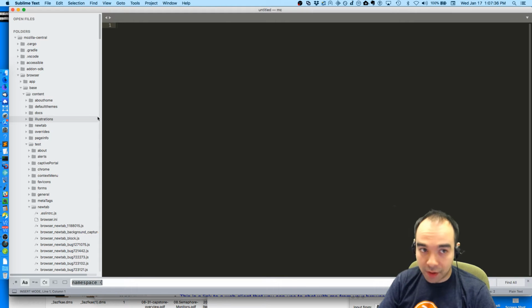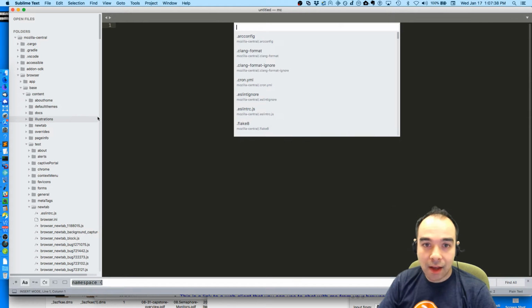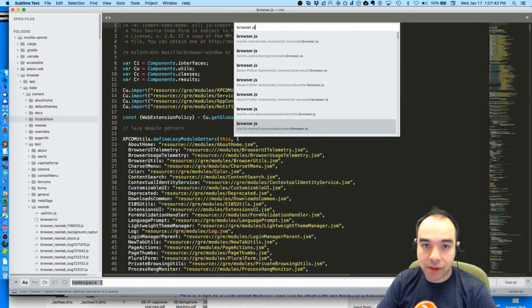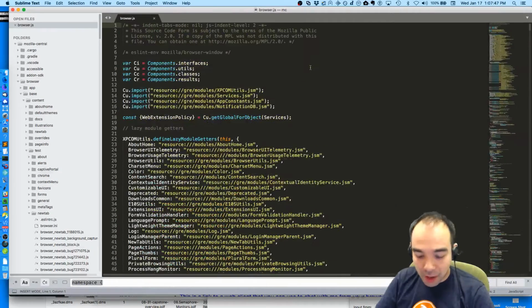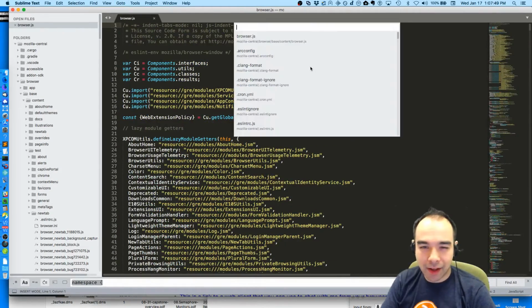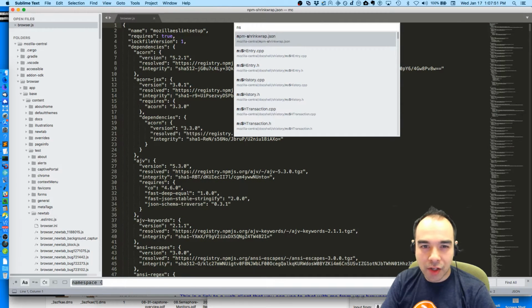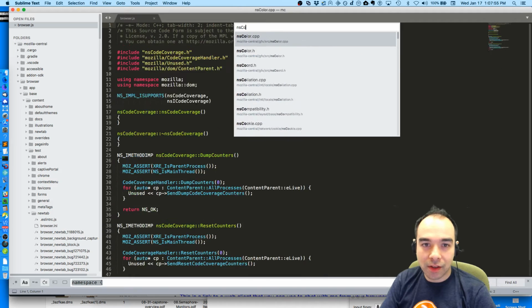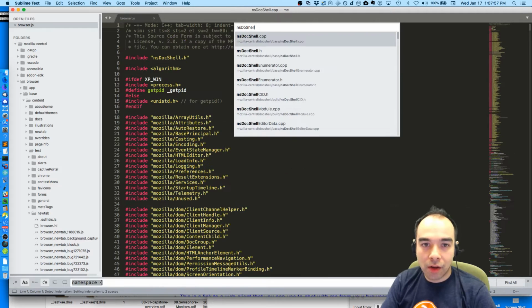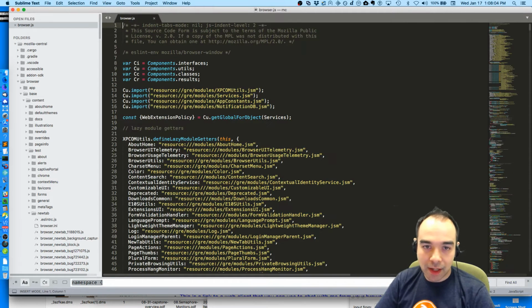I use this all the time to open a file. I use Command P, and then I get this little dialog in Sublime, and then I'll look for something like browser.js, and it's pretty good about finding the thing that I want. I don't even have to get the name fully right. I could be like ns, not doc shell. What if I say like cod shell? No, it wasn't that good. How about if I go da shell, so I forget the C or something. It's actually pretty good at finding the thing that you want with some fuzzy matching. That's pretty nice. I use that all the time to browse for files.